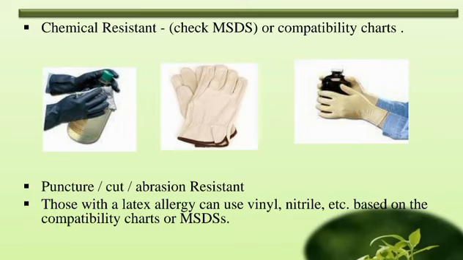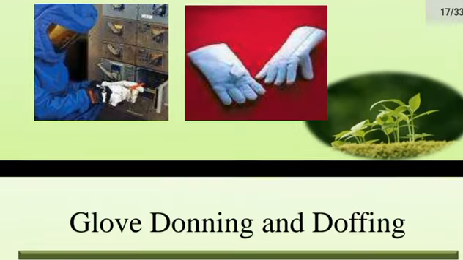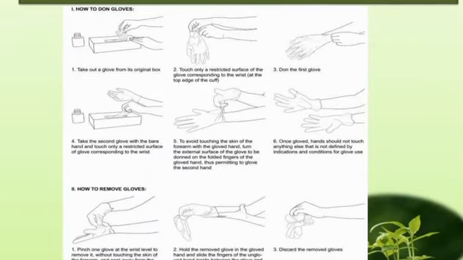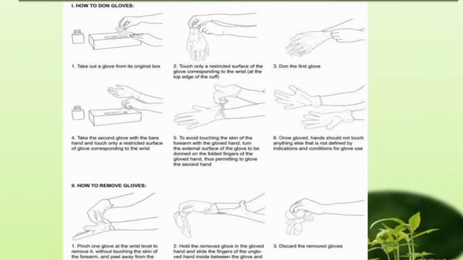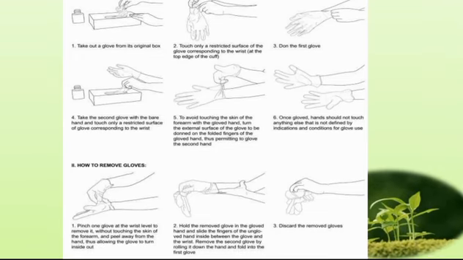Here are some examples of gloves. We need to use appropriate gloves. We should avoid using finger rings and ornaments such as bracelets, watches, etc. Use machine guards and safety devices at all times. Wash hands when in contact with corrosive chemicals or as appropriate. This is the procedure for how to wear gloves and how to remove them. Please pause the video and go through this slide.